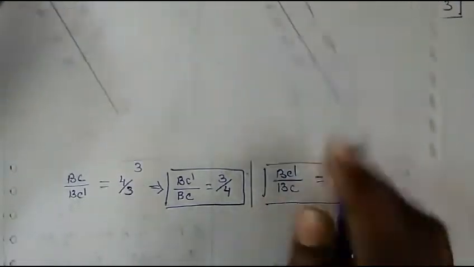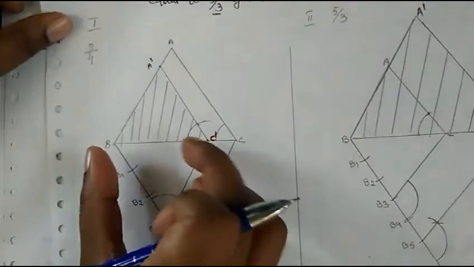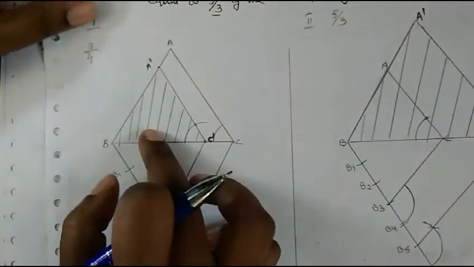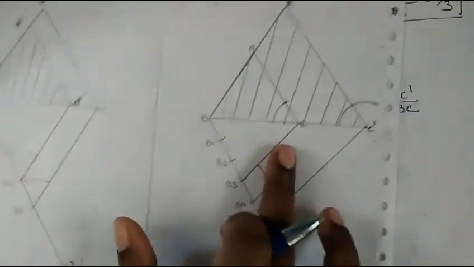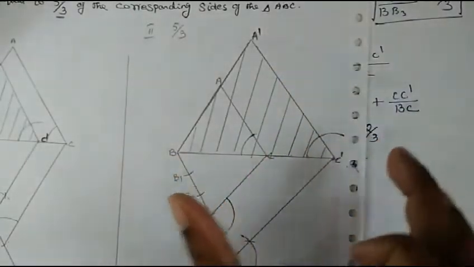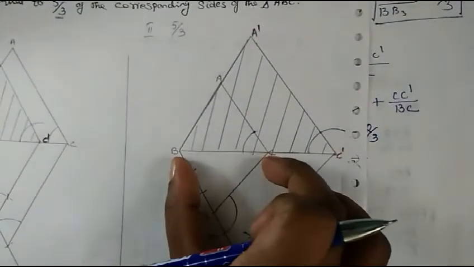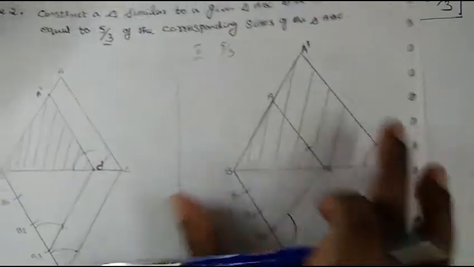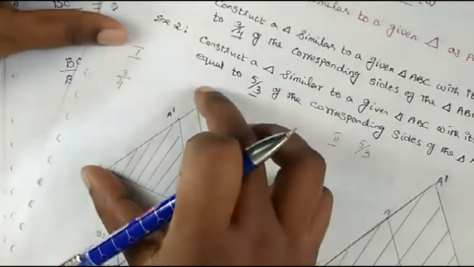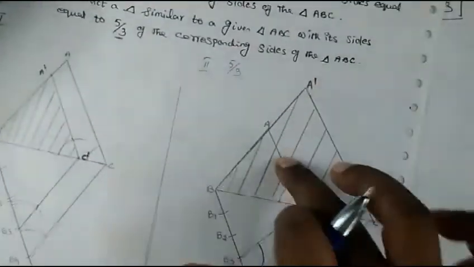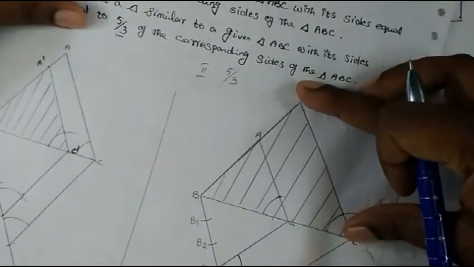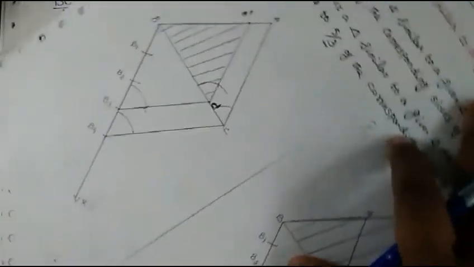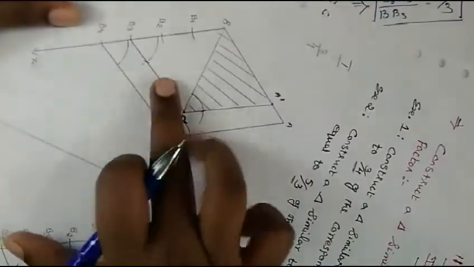So we have proved one side of the triangle. This side upon the bigger triangle side is equal to 3 upon 4. And here also we have proved what we have constructed here is bigger triangle. So BC dash upon BC is 5 upon 3. Okay, 5 upon 3 and 3 upon 4. So this side we have proved, this side we have proved. Same way you have to prove for this side also and this side also. So what we will do for that, I'll just rotate and show you now this triangle. Now forget about this side.